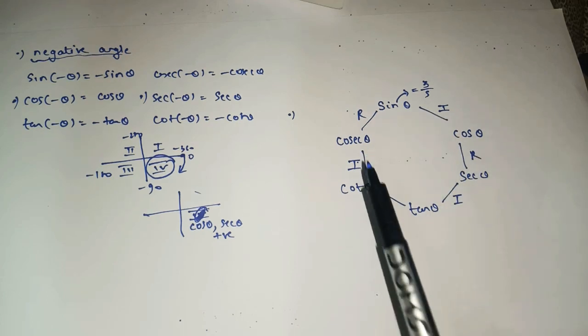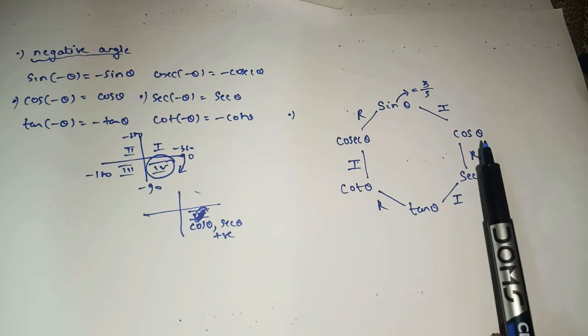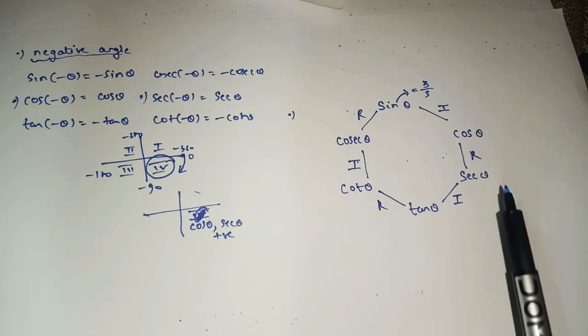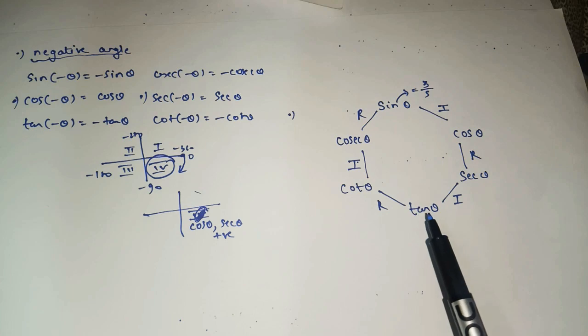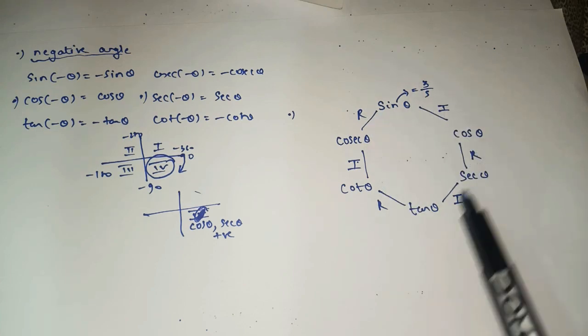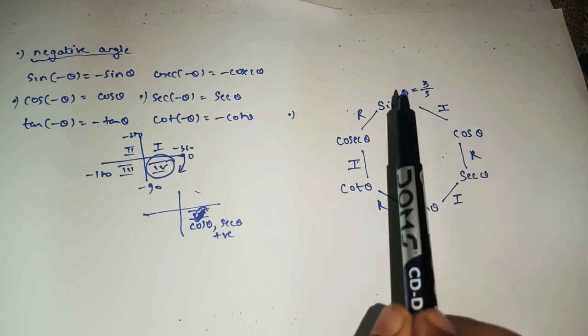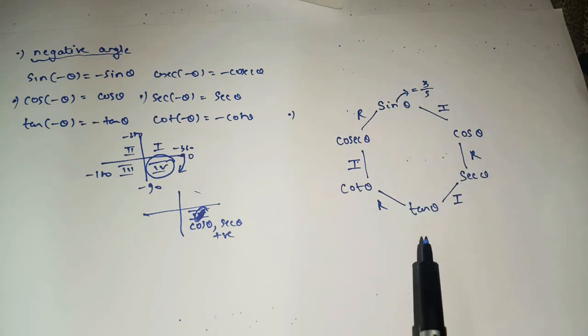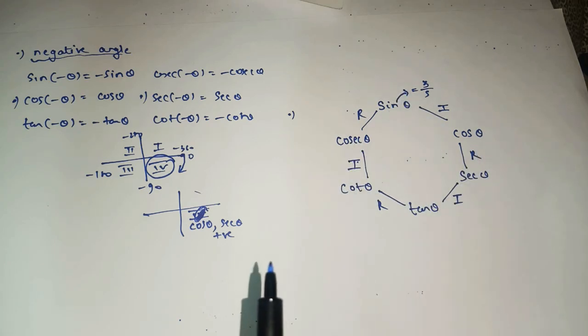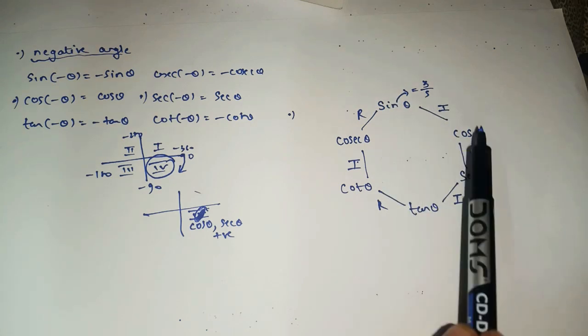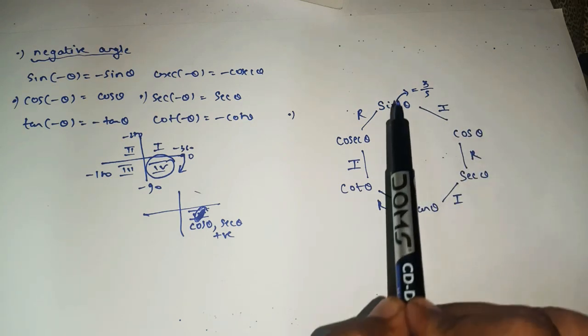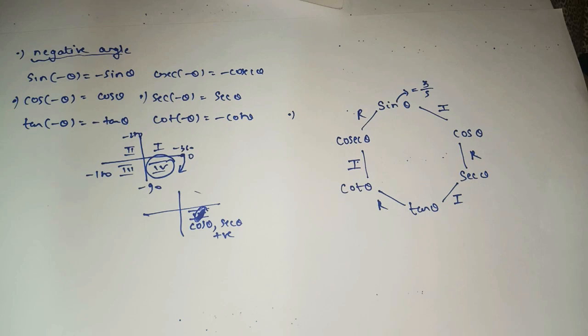As you get cosec, you will get cot. Here you will get cos, and with the help of cos you will get sec. With the help of cot you will get tan. There is a relation between these, so this is known as a web chain. There is a connection between these: sine to cos, cos to sec, sec to tan, tan to cot, cot to cosec. Here the relation is I and R. I stands for identity, R stands for reciprocal.